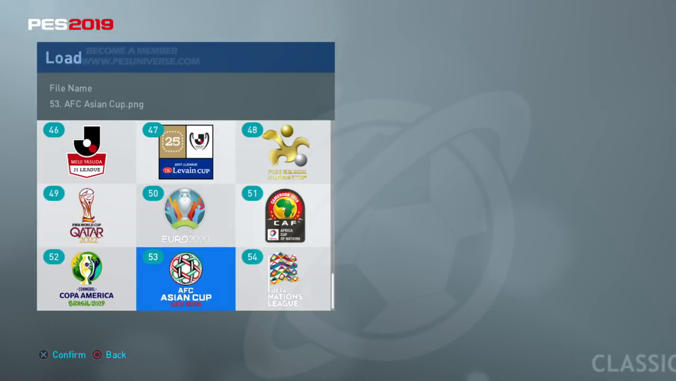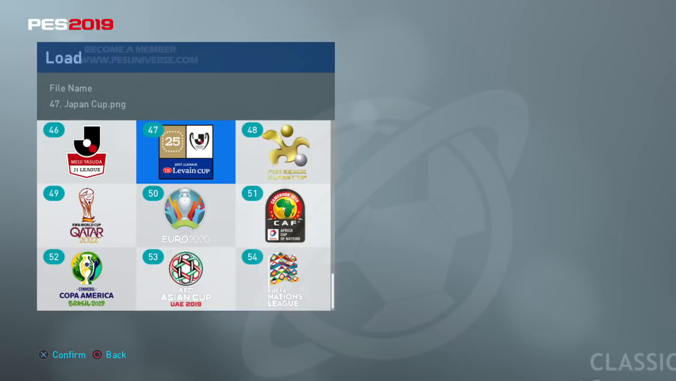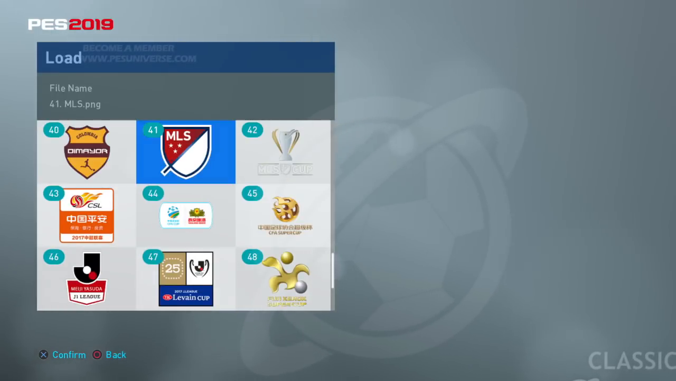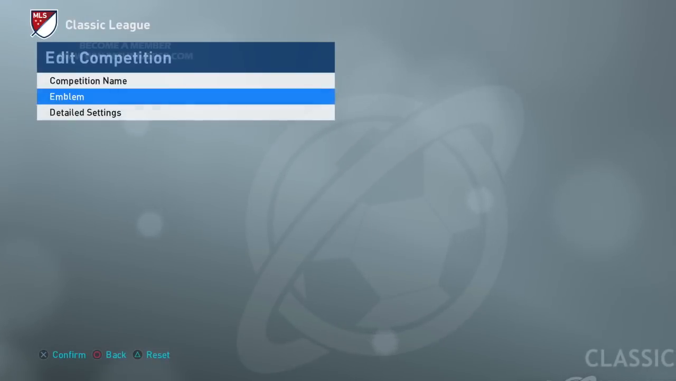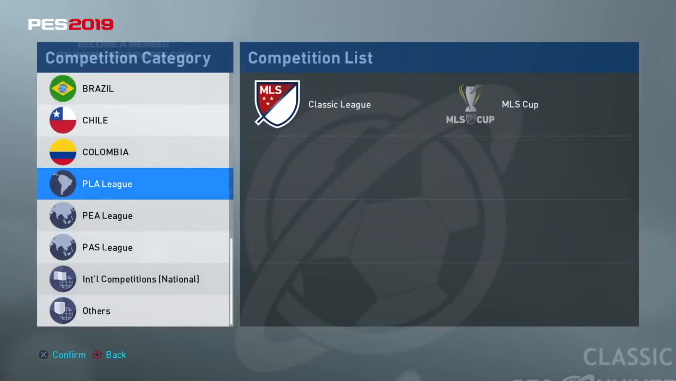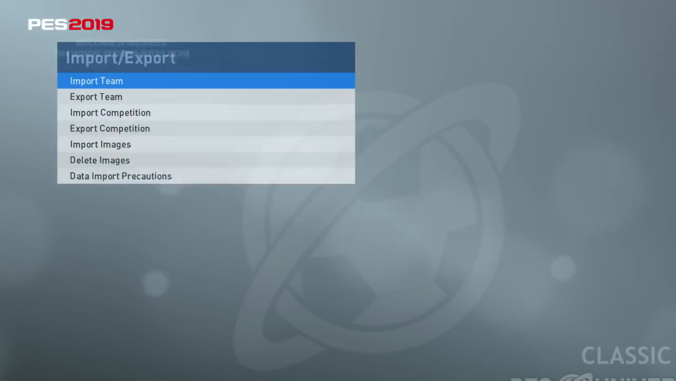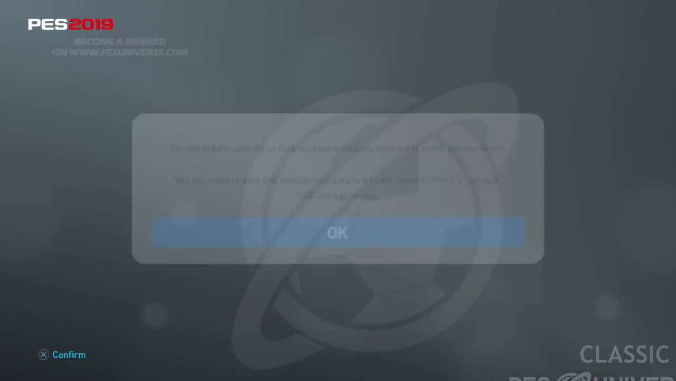Now, we need to manually import the emblem as well, because these are all obviously the emblems that have gone in with the main option file. So we're going to go back out here, and back out here, and we're going to go back into import export. Now, I'll just show you this real quick. If you wanted to put this in here,